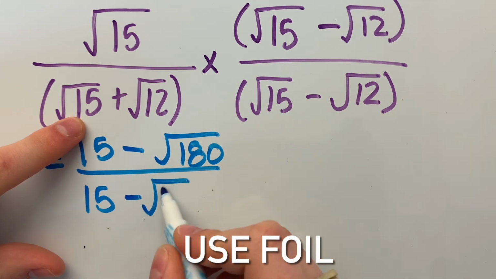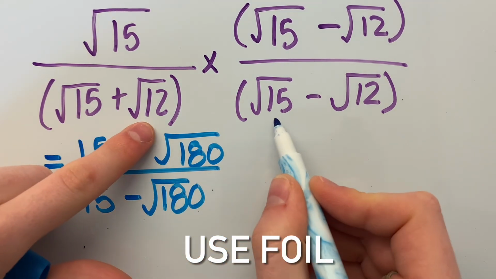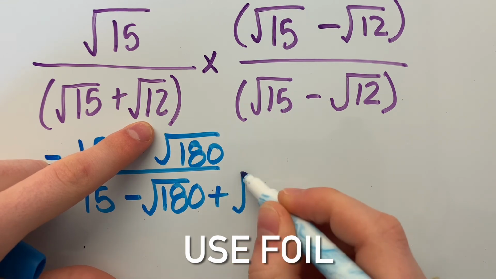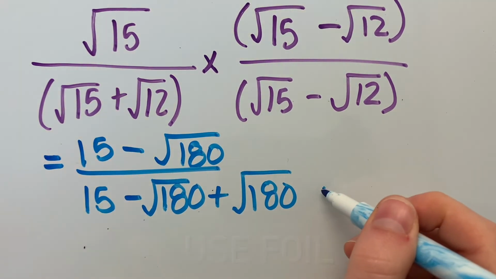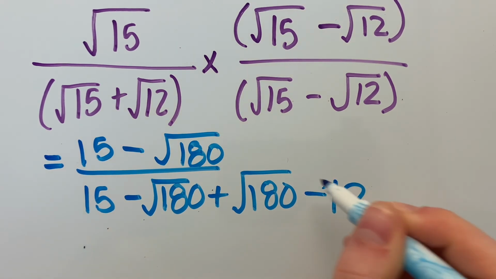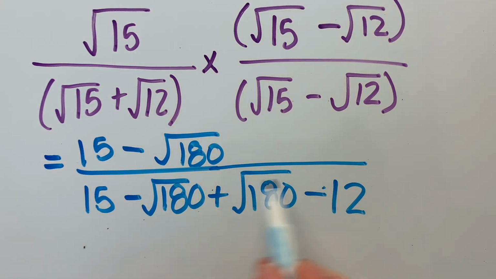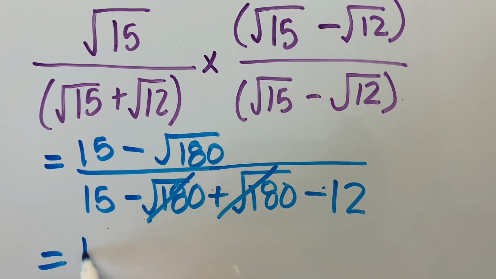minus root 180 plus root 180 minus 12. So as you can see, those two terms cancel out, and we're left with 15 minus 12. So we can rewrite this as 15 minus root 180